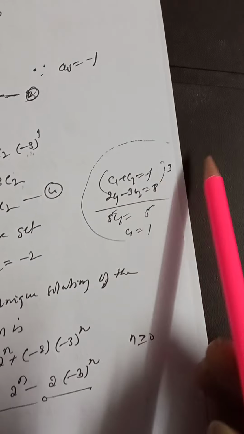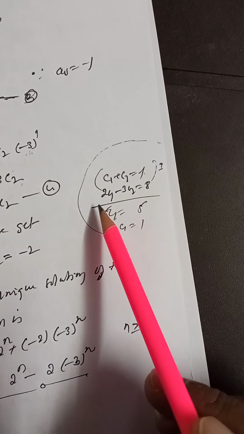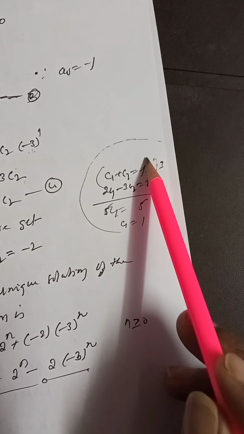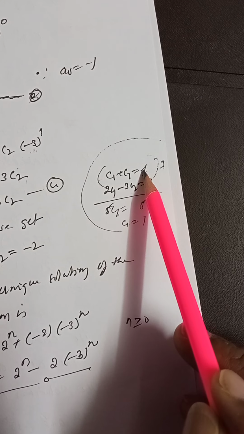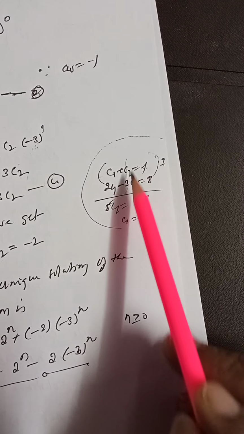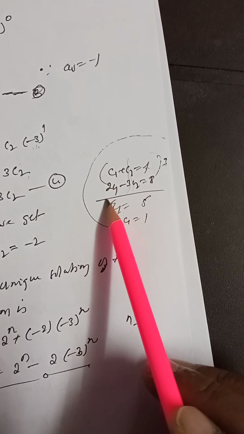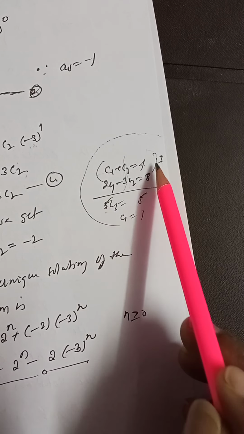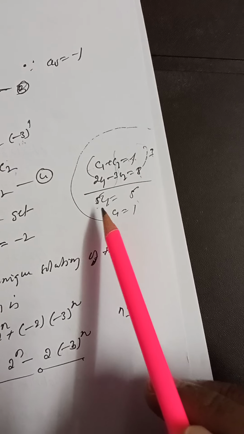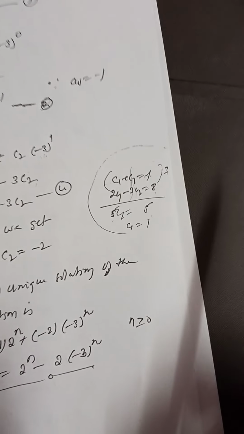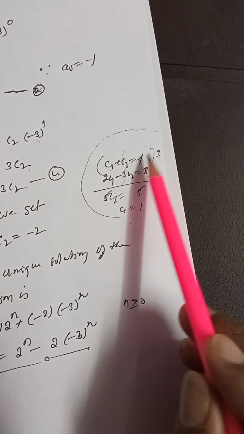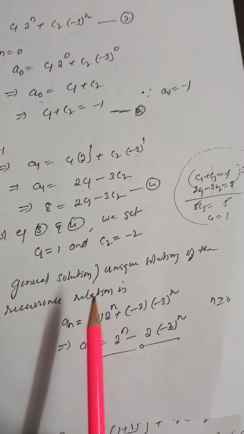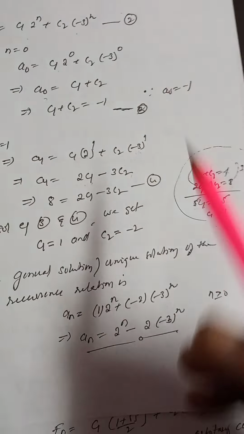Here in the rough explanation, we have c1 plus c2 is equal to minus 1, and 2c1 minus 3c2 is equal to 8. Now if you multiply the first equation by 3, 3c1 plus 3c2 is equal to minus 3. On adding, these two get cancelled, right? Now 3c1 plus 2c1 is 5c1, and minus 3 plus 8 is 5 only. Therefore c1 is equal to 5 by 5, that is 1. Now if you substitute c1 is equal to 1 here, c2 is equal to minus 1 minus 1, that is minus 2. Right? Now we got the arbitrary constants c1 and c2 values, substitute in that equation.